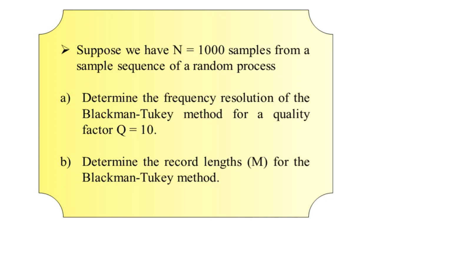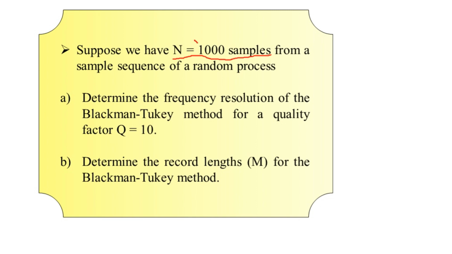Now, as previously we have covered the Bartlett's method and the Welch method, in topic number 14, the problem on the Welch method, a similar problem was there, and in that problem also we were provided the number of data samples capital N is equal to 1000. So here it is the given value, the same value that we have previously dealt with, but that time it was with the Bartlett method and the Welch method. Now this time we have to solve it for the Blackman-Tukey approach.